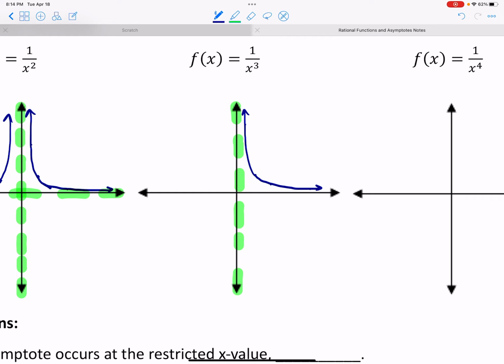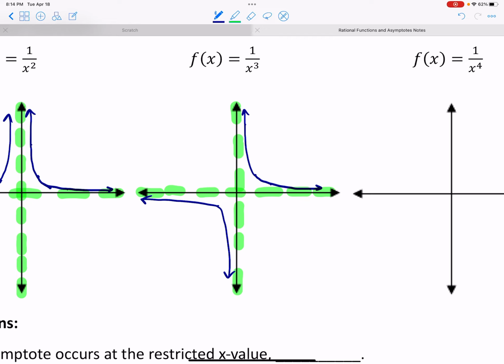But now when I cube a negative, I still get a negative. So when I input -1, I get a -1. And so we're back to having these branches in quadrant 1 and quadrant 3. So put in a -2 and I get -1/8, and these fractions will get smaller, and these will approach the axis this way. So as x goes to infinity or negative infinity, our outputs go to 0,